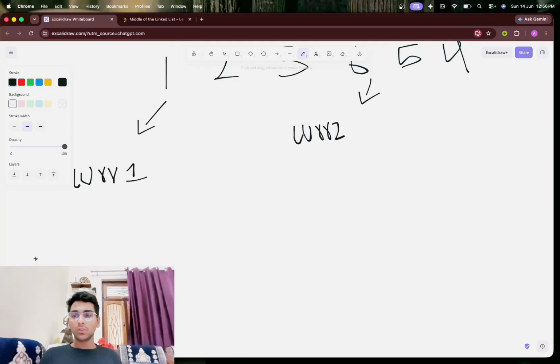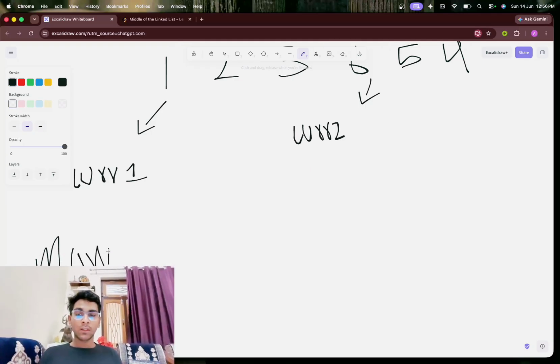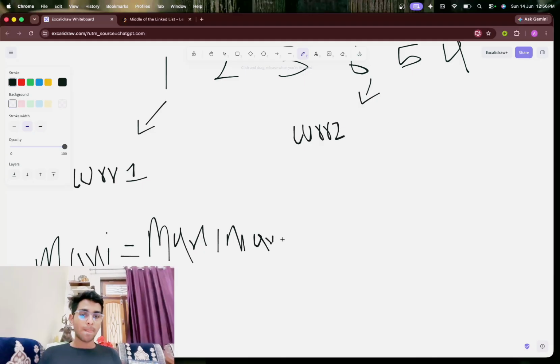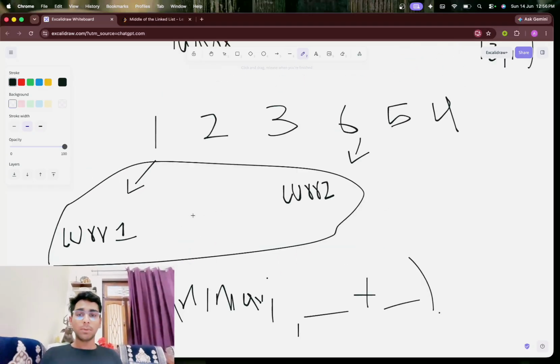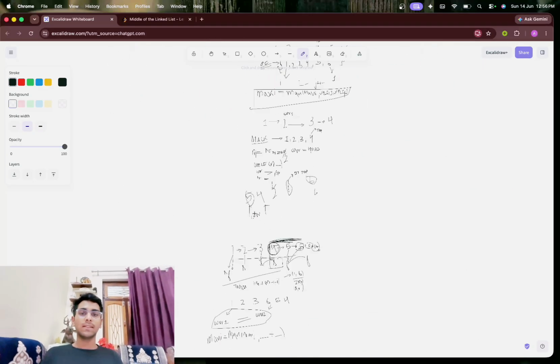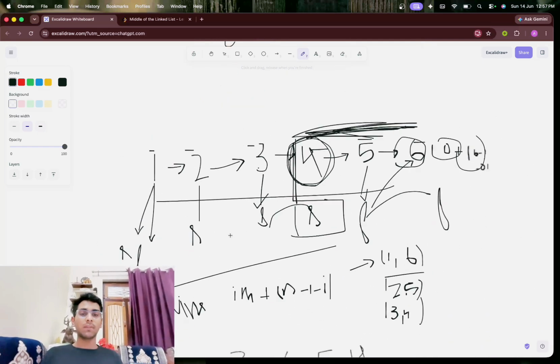And I will create a maxi variable. That variable will store the max of maxi, comma, value of current 1 plus value of current 2. And we'll run this loop until both of them are equal to null. So this is our last approach using reversal.